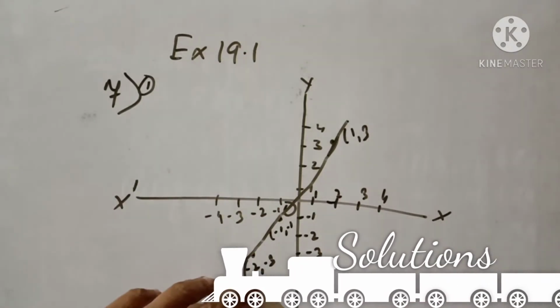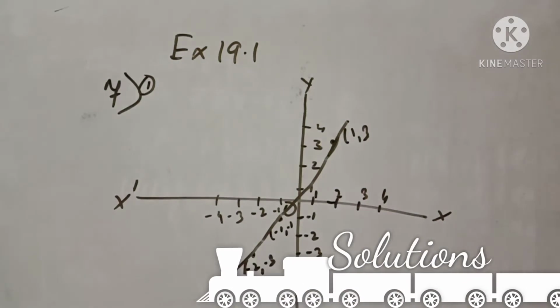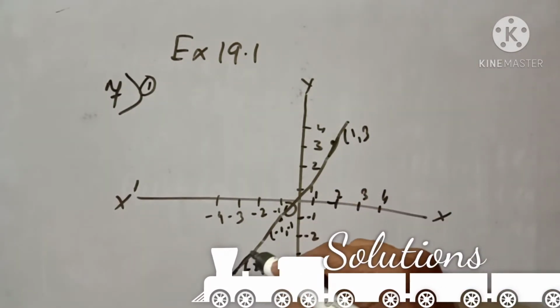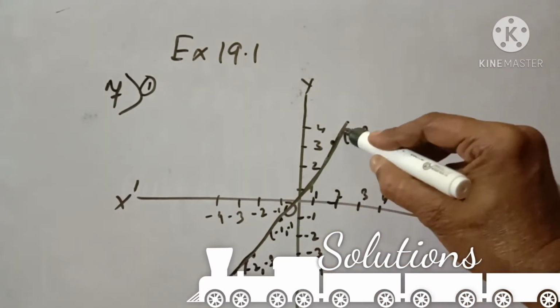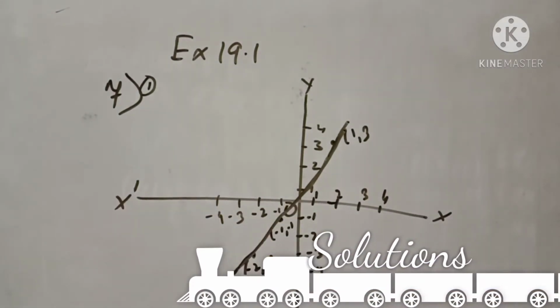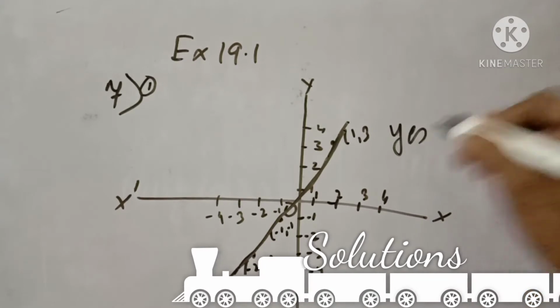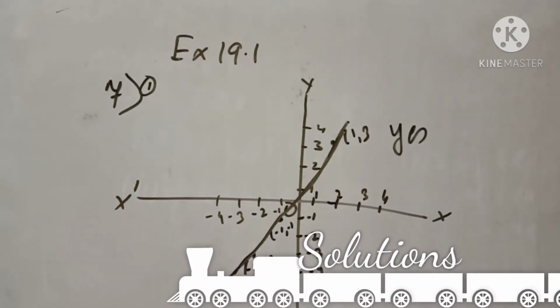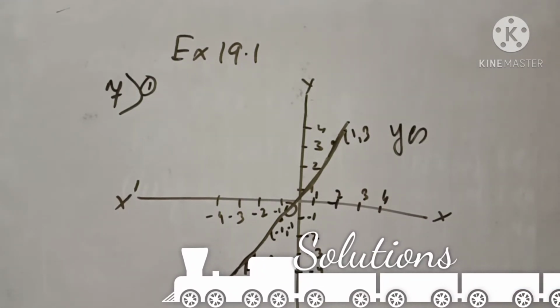Okay, because we are assuming here, that's why the line is looking a little bit tapered, but it will come in a straight line. So if 3 points come in the same line, it is known as collinear. Yes, these points are collinear.